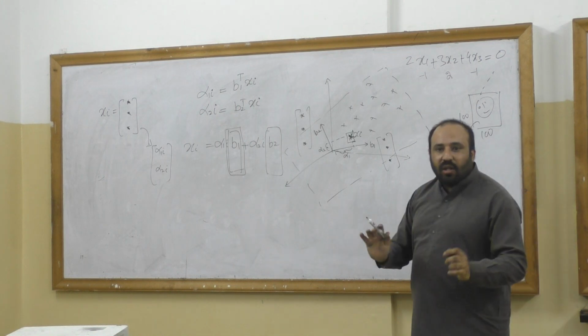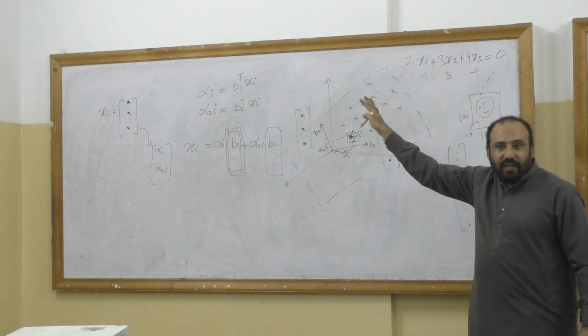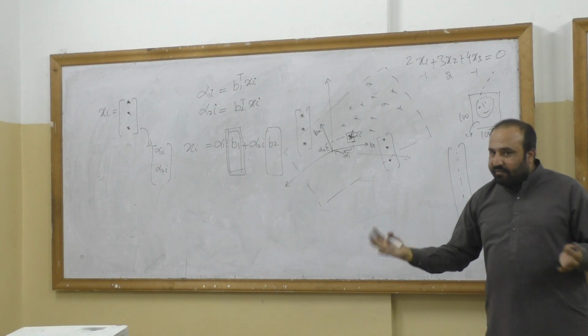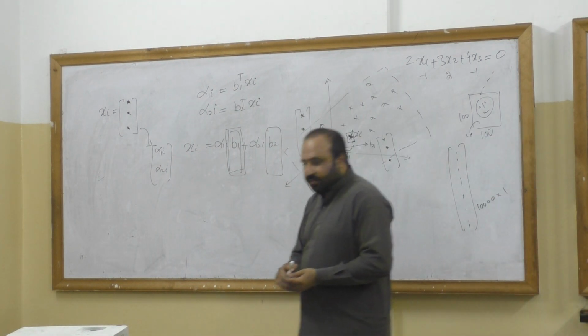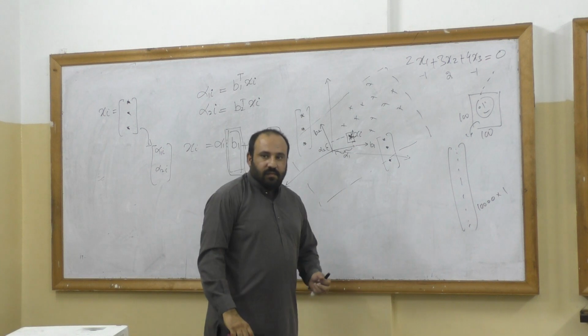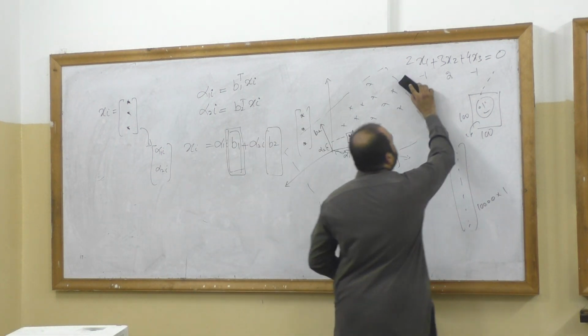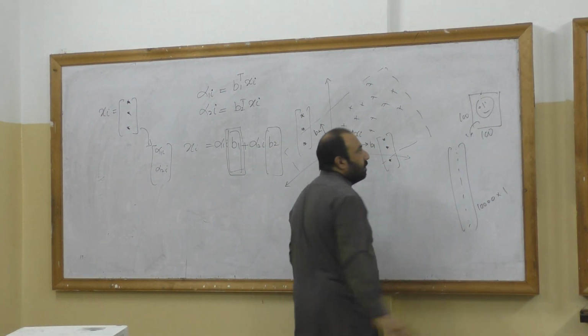All the points that satisfy this equation are on the plane, and they need not have one coordinate fixed. सही है जी? Okay, I'm moving on. तो ये एक चीज नहीं समझे।